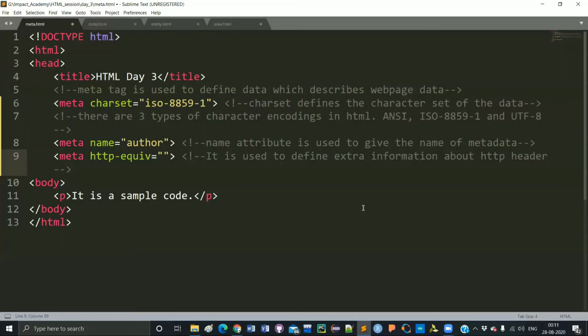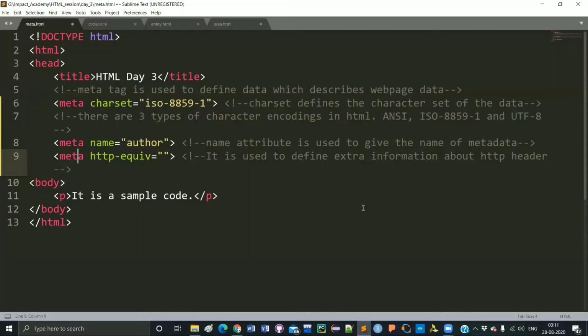That extra information is provided in HTML with the http-equiv attribute. This http-equiv attribute is very important in HTML, and it is used inside the meta tag.